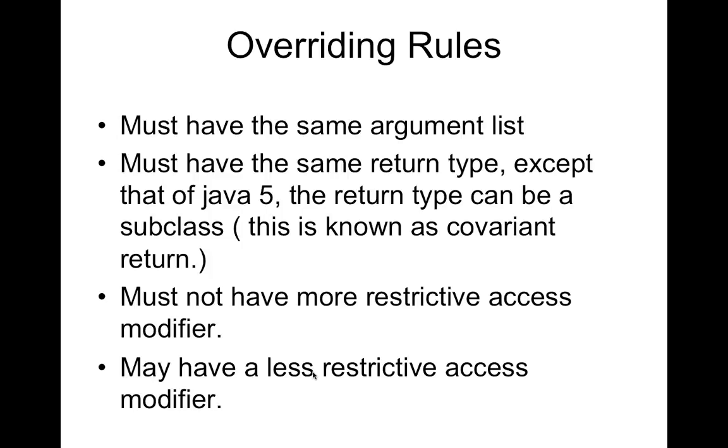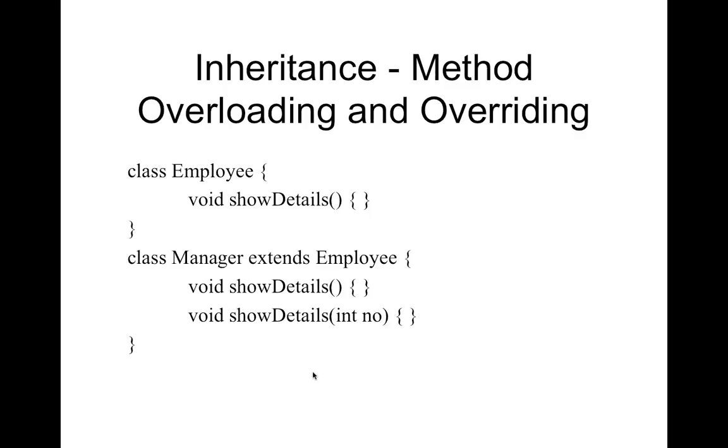Fine. Must not have a more restrictive modifier. That means if this method is public, you cannot make it private in the subclass. You cannot restrict it more because you are overriding it. All you can do is, if you have private here, you can do protected, or you can extend it to public. That means you can make it less restrictive, but that's a security thing. If a parent thinks you should hide that information, and the child is overriding and retrieving that information, that is bad implementation, but it is legal.